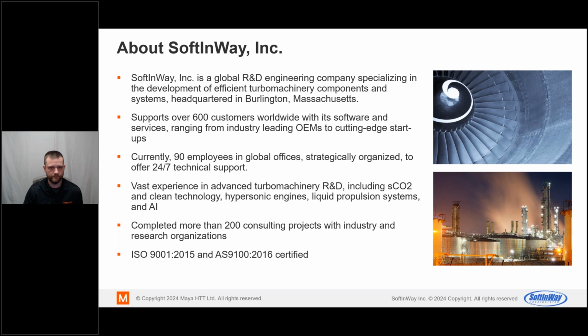Currently, we have around 90 employees in global offices so that we can support our clients and customers 24/7. We have vast experience in advanced turbo machinery R&D, but also critical CO2 cycle and clean technologies, as well as machine learning and AI products. We completed more than 200 consulting projects, so we're not simply offering software, we're also a consulting company, and also ISO certified.